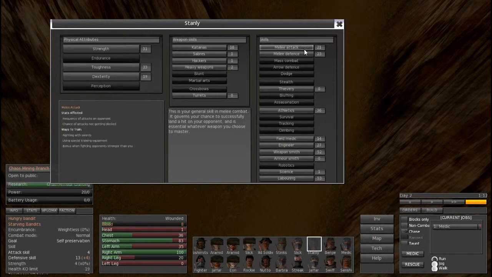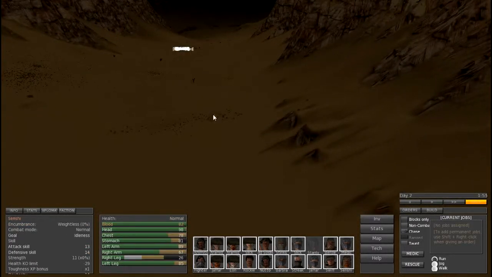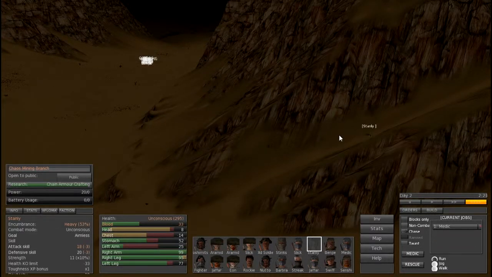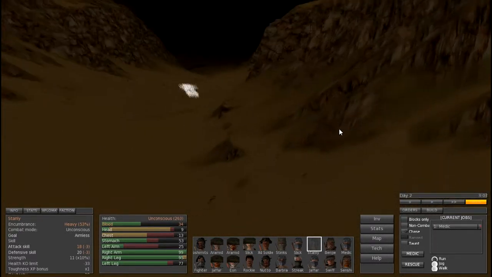What's your stats here? As you can see, he's actually quite good, but I've swapped him to a heavy weapon recently, so that's what he's having issues with. Oh, okay, we've got to go get him. Come on, Stan. One-man army, you rubbish. So as you can see here, the faction already, as I said, the faction has...